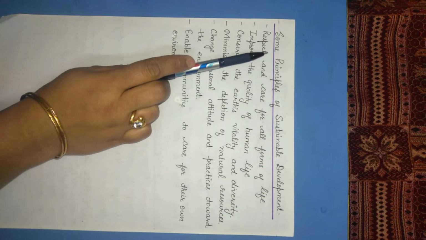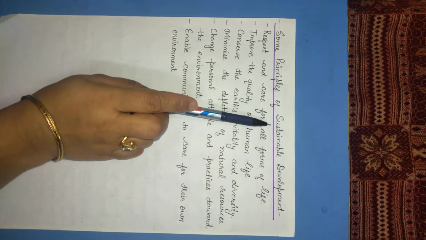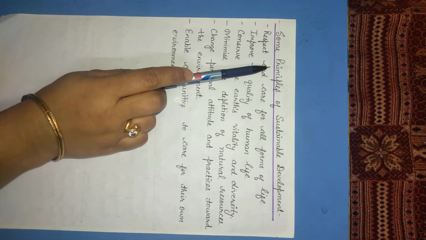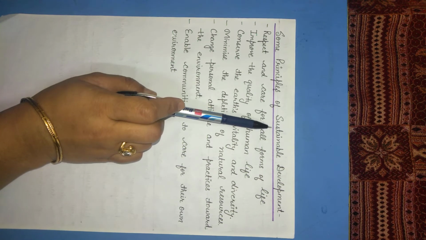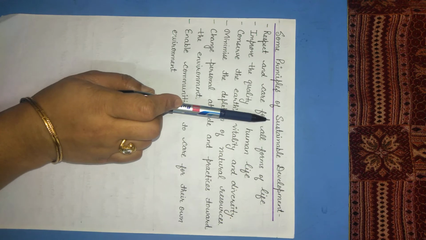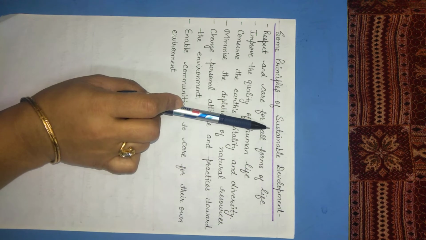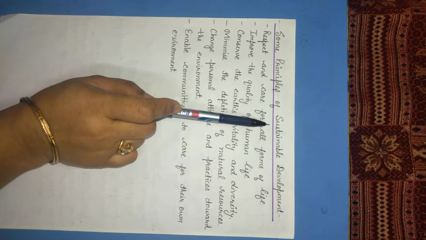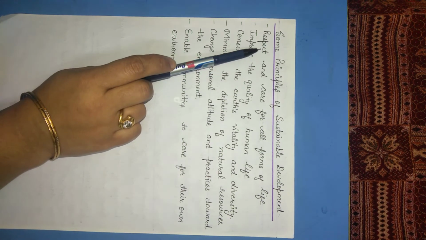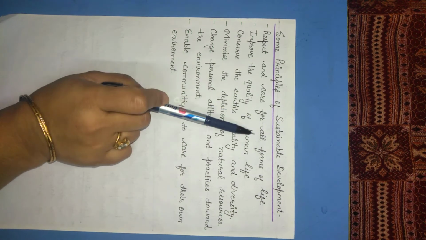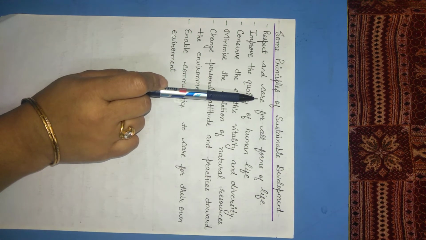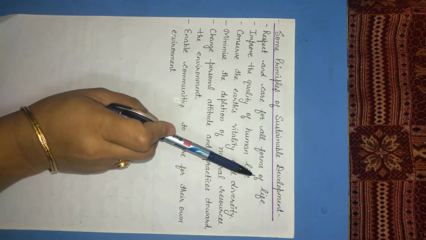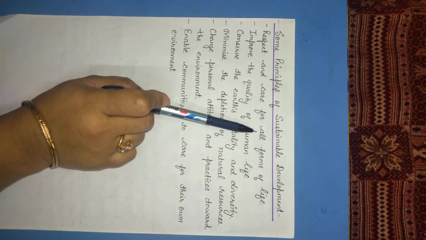As I told you, we have to follow the concept of sustainable development for conserving these resources. Sustainable development means we have to go ahead with the development, but still we have to think about conserving those resources for the future generation. We should give respect and care for all forms of life, because at the cost of our development, other forms of life are becoming extinct on this earth.